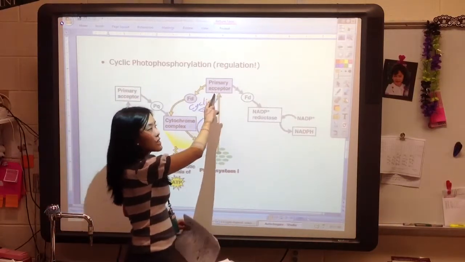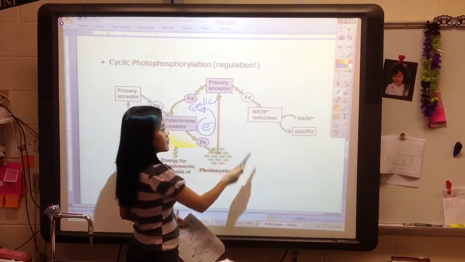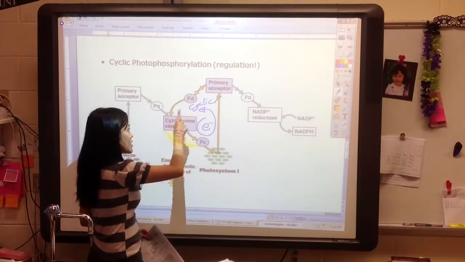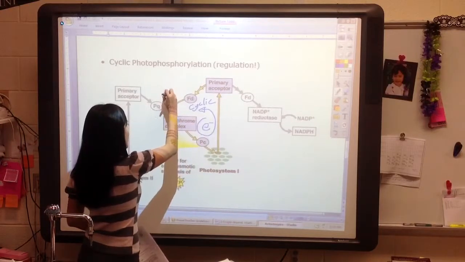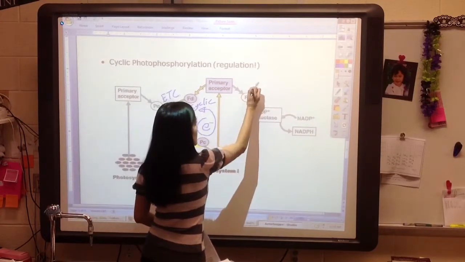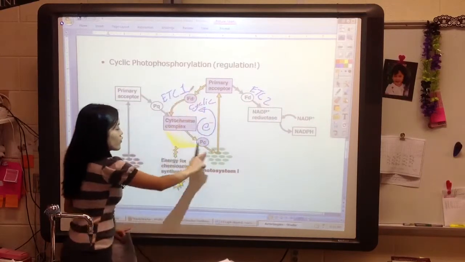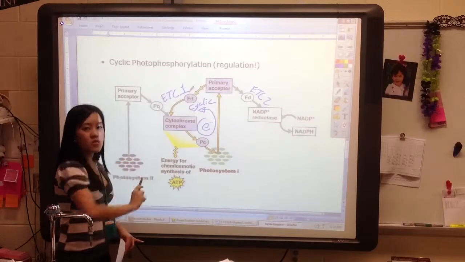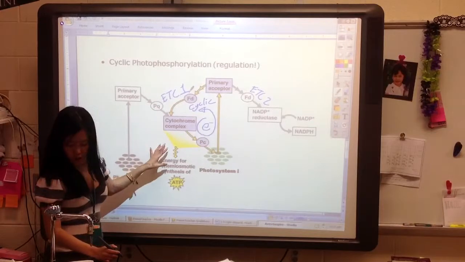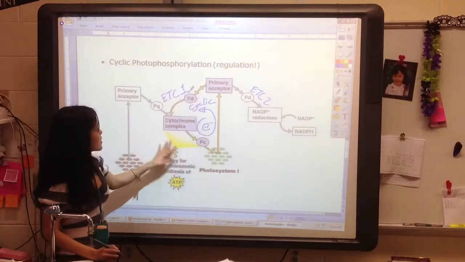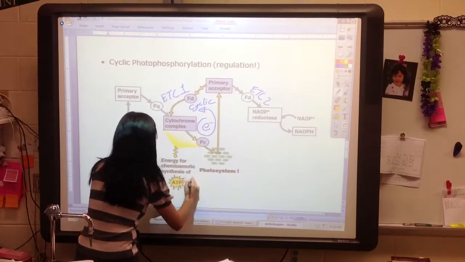And so this is the cyclic portion of photophosphorylation. Once it gets to the primary acceptor, it doesn't have to go right away through that second electron transport chain, but instead it can go back through the system, back to cytochrome C. You can label it ETC2 and ETC1 because that's what we would first see. You can go back and use that electron again. So this cyclic photophosphorylation will happen when we have a high need